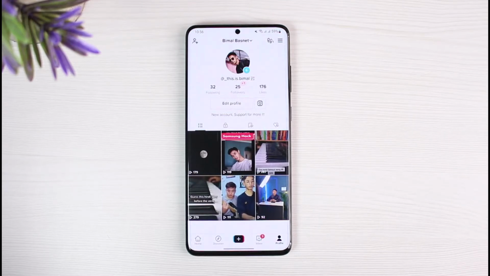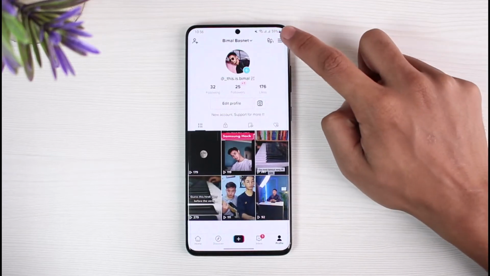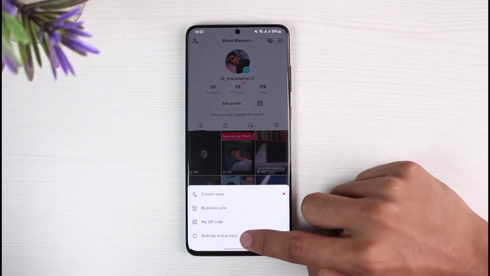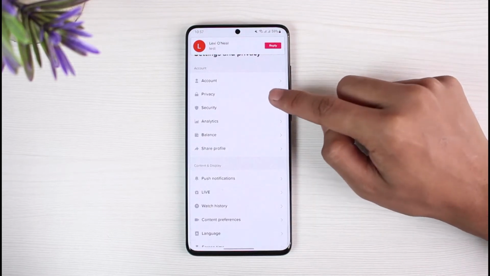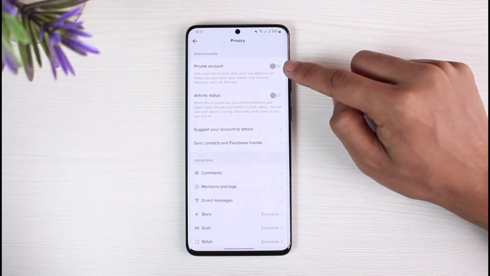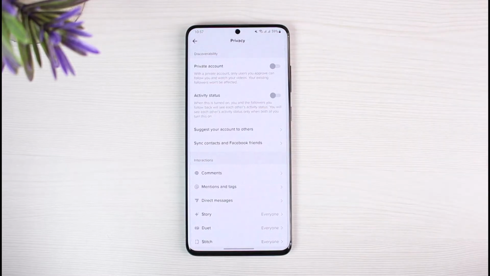So let's get with the account issue, which means that your account could be public, or either you've set that video's privacy to private. So in order to fix that first, we'll tap on the three lines on the top left corner, go to settings and privacy. And what we will do is we'll go to the option called privacy over here. You want to make sure that you have turned off private account, because when you turn on private account, most likely you will not be able to let anybody know that you have posted a video unless they have followed you. So when you have a private account, no one else other than you and your followers will be able